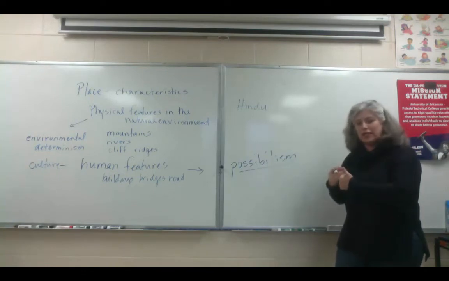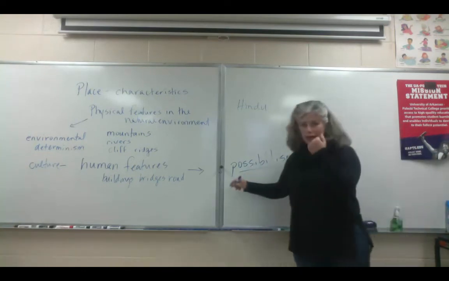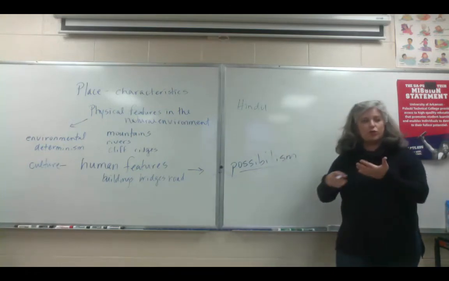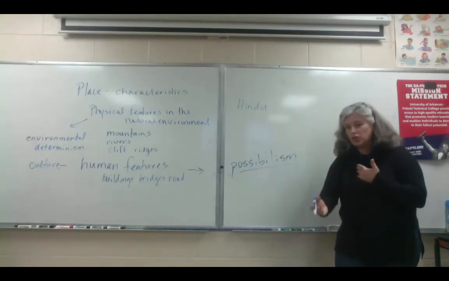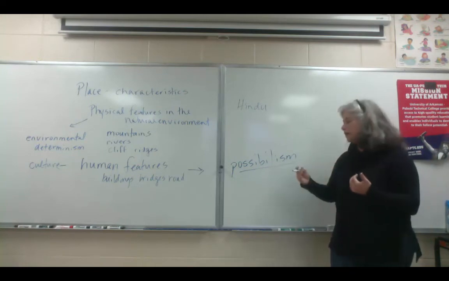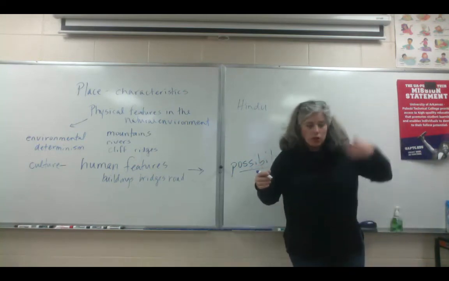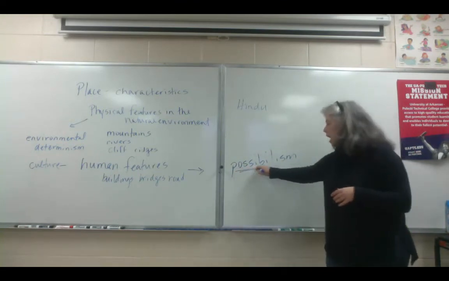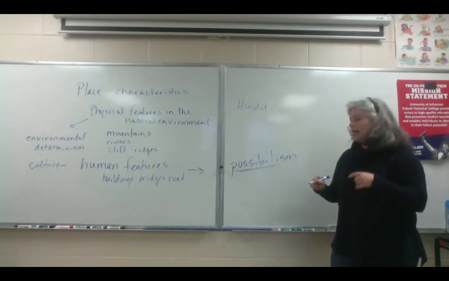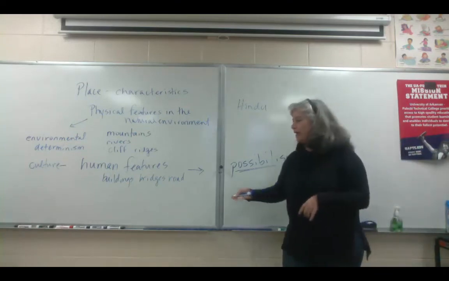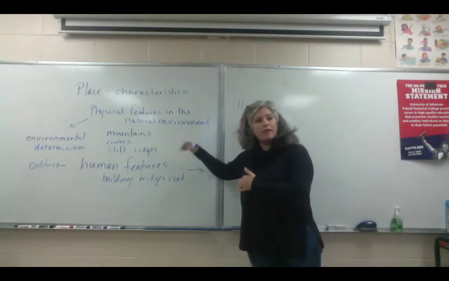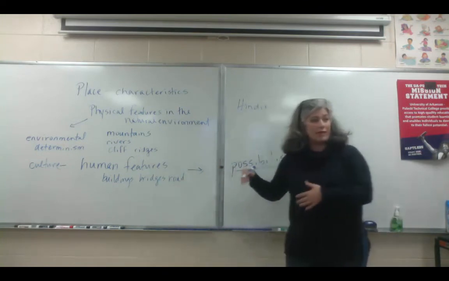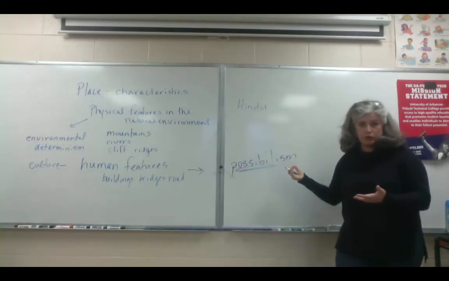Possibilism, on the other hand, says that human beings are able to manipulate the environment for their benefit through innovations, inventions, and some sort of intellectual development of ideas. So whatever is possible in a human mind, human beings can modify the environment, can interact with those physical features in a way that makes it literally possible to do.